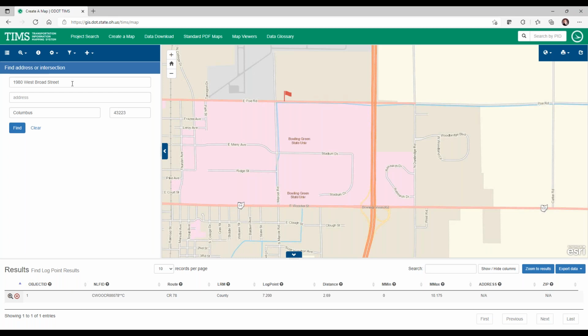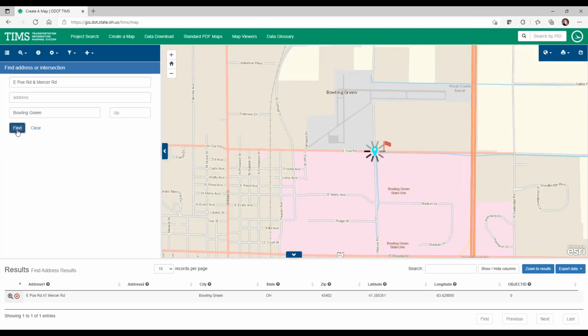And finally is the powerful find address or intersection tool, just like you would search on Google Maps. It populates automatically with the address of central office, ODOT central office in Columbus. Let's see, as an example, just because I'm looking at this area of the map, so I know I will do an intersection. I see Poe Road and I see Mercer Road, and I know we're in Bowling Green. And I do not know the zip code, but we'll click find,